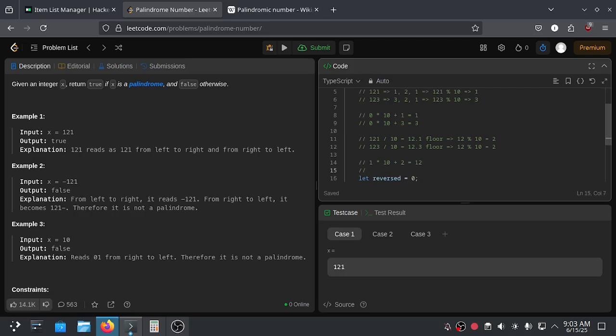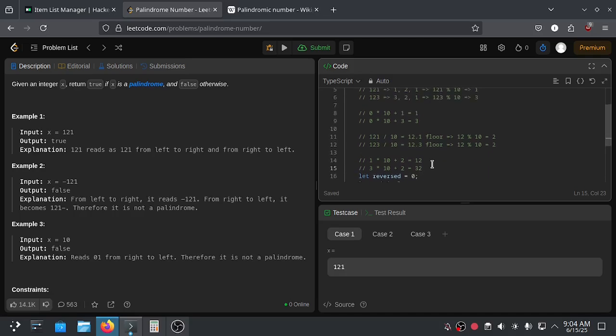And for 1 2 3, we use the last digit from the first iteration, which is 3, times 10, plus the second digit we got from flooring the original number divided by 10, and then we got 3 and 2, 32.